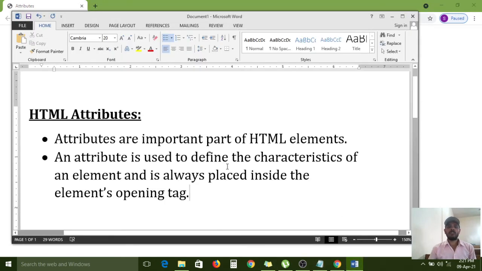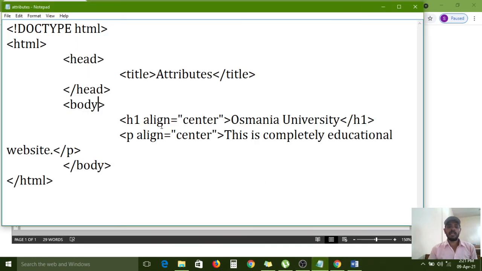An attribute is used to define the characteristics of an element and is always placed inside the element's opening tag. All of you carefully observe where I have configured the attribute and value here. In the H1 tag's opening tag. Does the closing tag contain any attribute? No. The opening tag contains attributes because it provides additional information for that complete element.